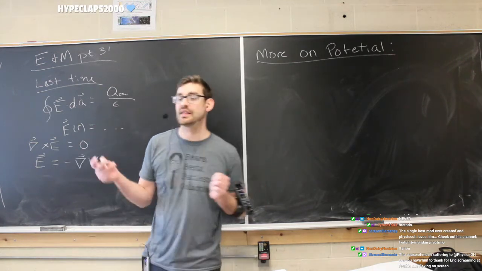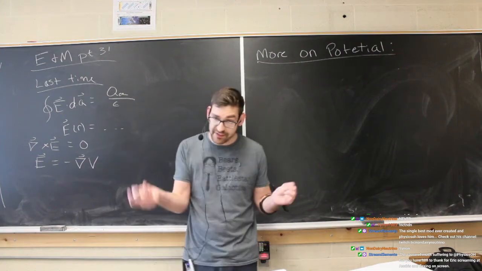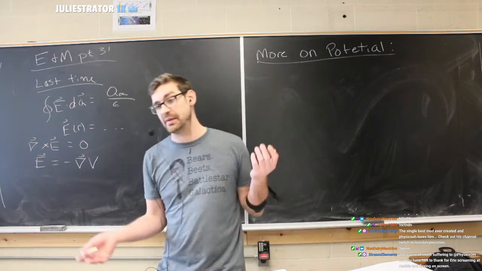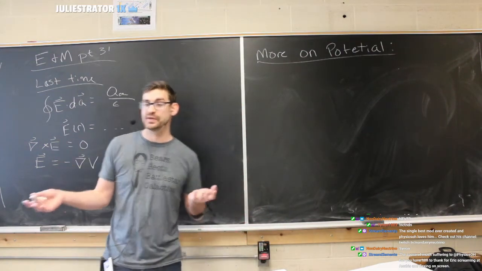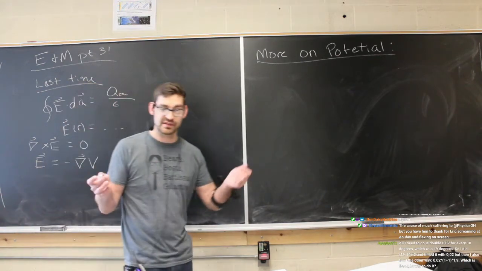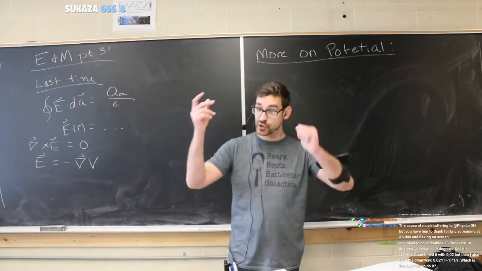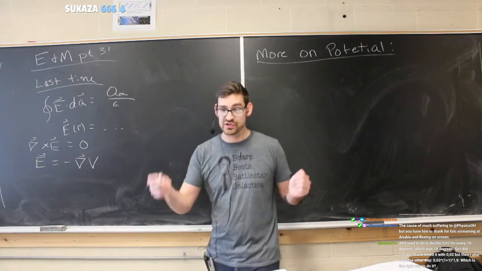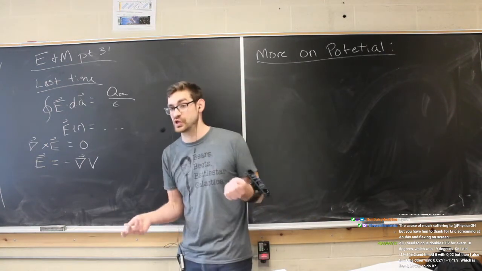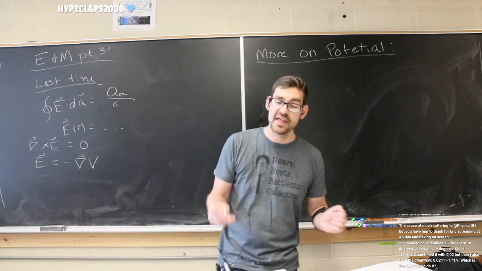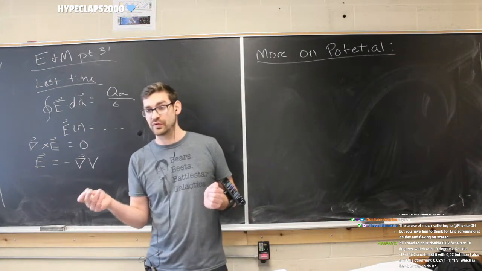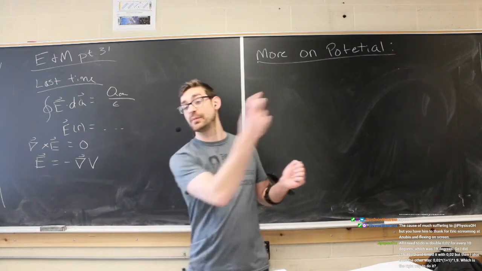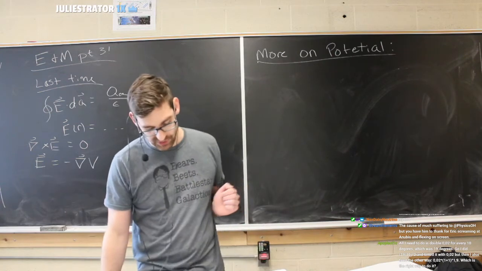And if you take the intro physics class, you remember the big difference between electric potential and potential energy is that potential energy is the energy from two charges. The potential energy associated with two charges, or I should say the electric potential associated with two charges. And then potential is some potential away from a single charge. And like I said, we'll get into that in more detail later.